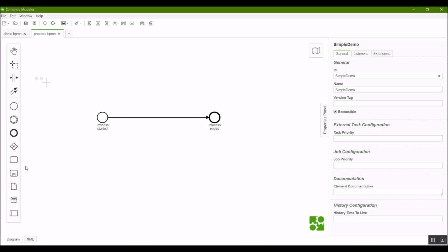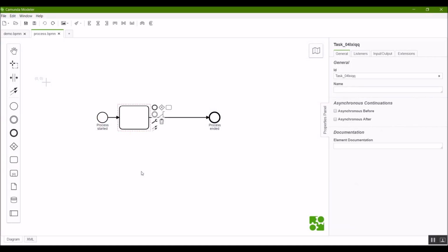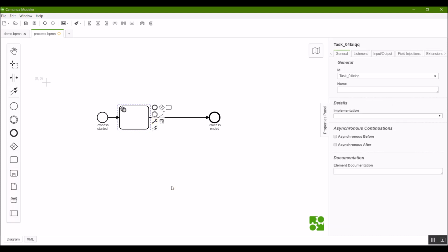So I'm going to first of all add a task here. I'm going to drag it from the menu here and drop it on, and I'm going to change that using the spanner to a service task. That means that this is going to be running some kind of code. I'm going to say this is going to be check weather,